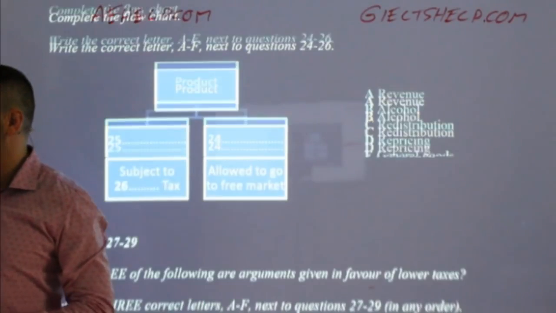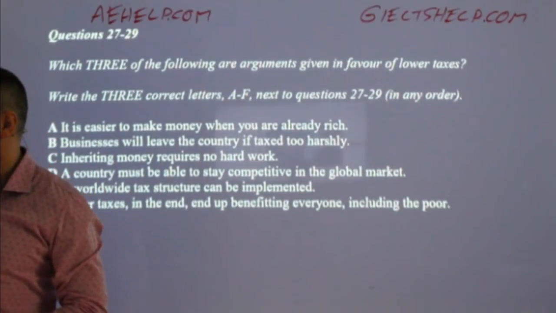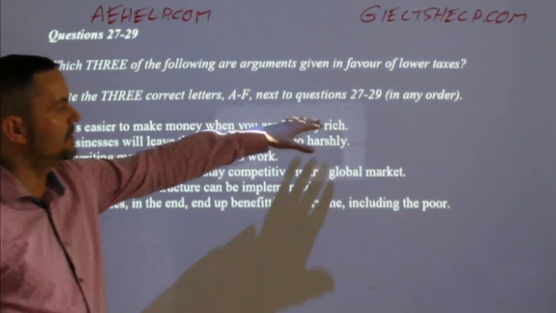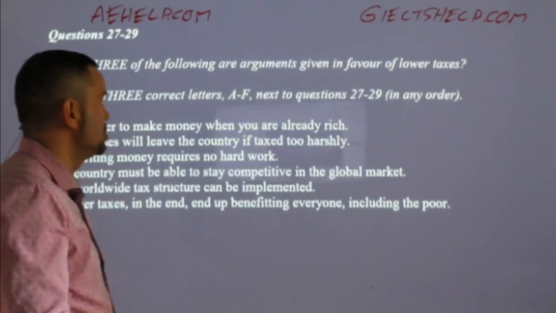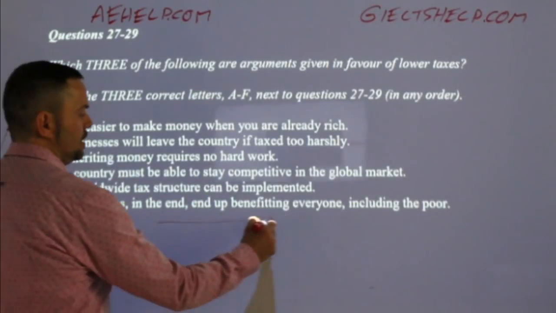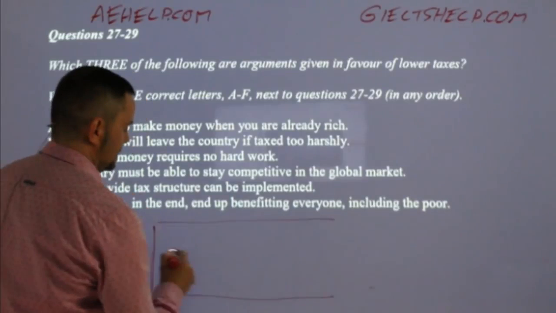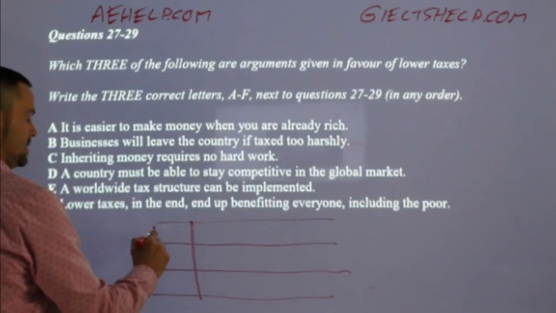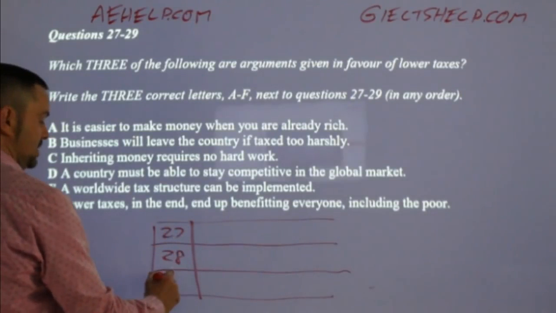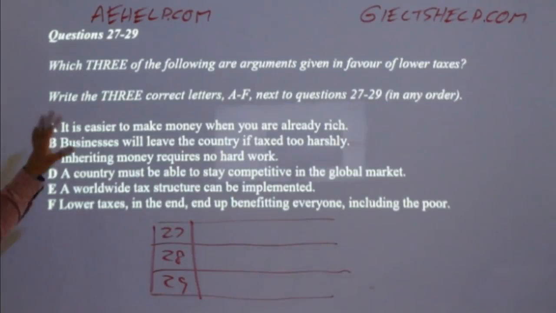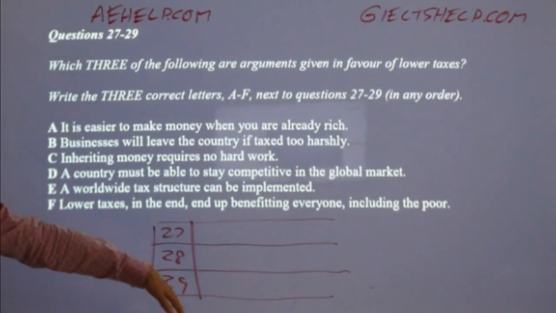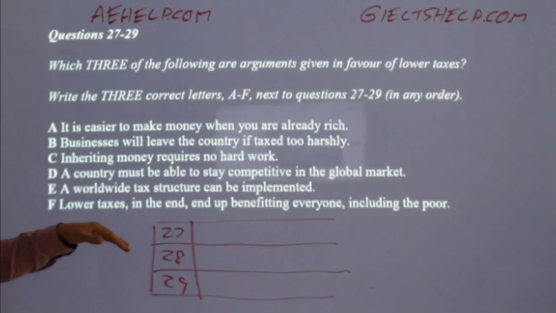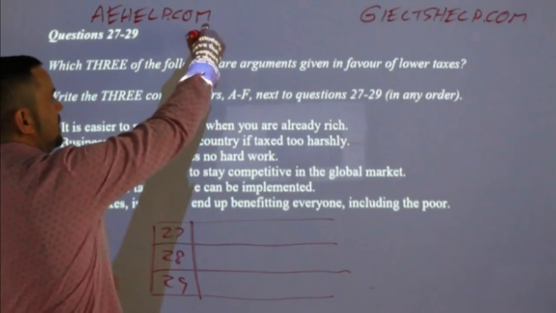Okay, so that's repricing. Let's go to 27 to 29. So 27 to 29, this is 3 questions. Pay attention. In your answer sheet, you'll have something like this, okay, where you will see, make sure you don't put them into one line. This is 27, 28, 29. So you're putting one letter per space. The order doesn't matter. All right. And maybe it was a little bit tricky, but logic is your friend in this case.